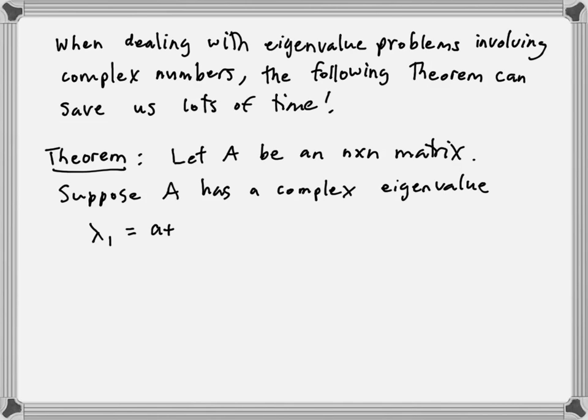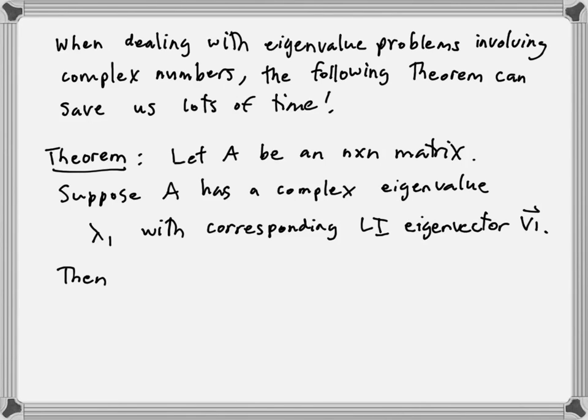Suppose A has a complex eigenvalue lambda 1 with corresponding linearly independent eigenvectors, or eigenvector v1,